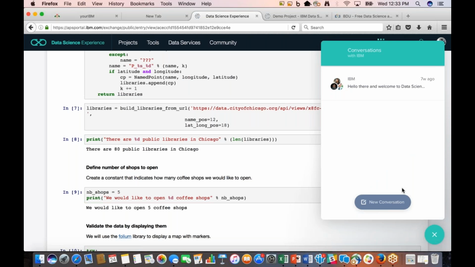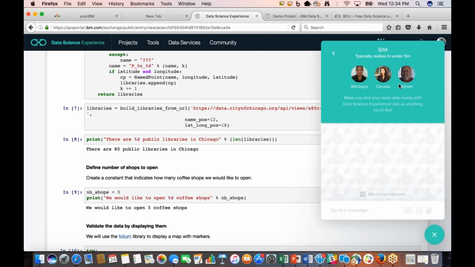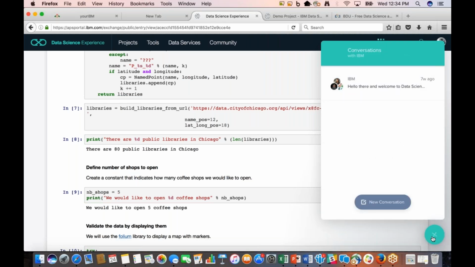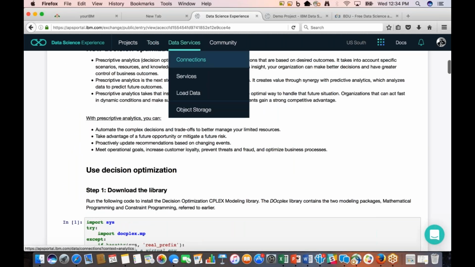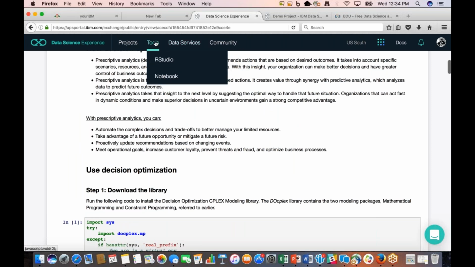It becomes so easy for a developer when it comes to code, because something that is already built in there, you just leverage. You can reuse the code, and then you can modify it, edit it. You can standardize your own models or your own predictive models. You can start a conversation, and you can get replies in under 5 minutes, and you can perform any kind of functions over here. And then there are data services, there are connections, how to load data, object storage,